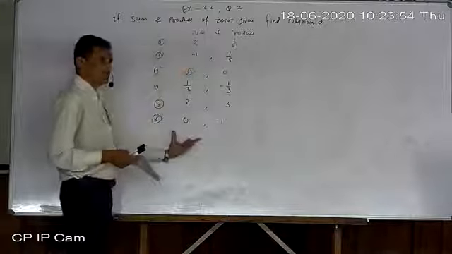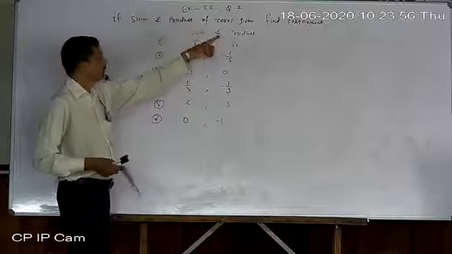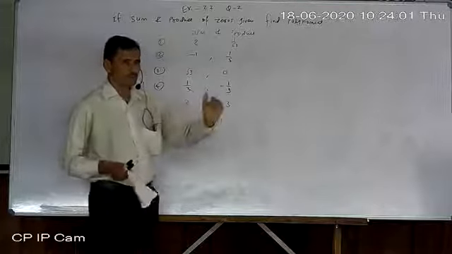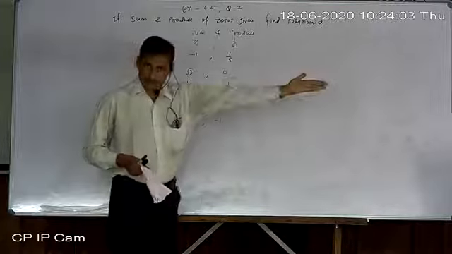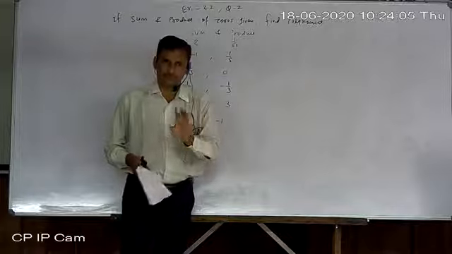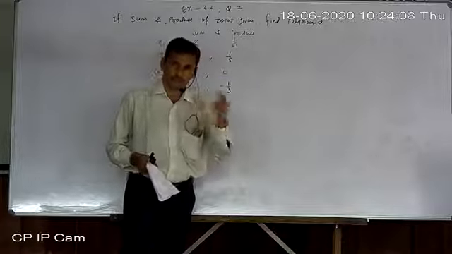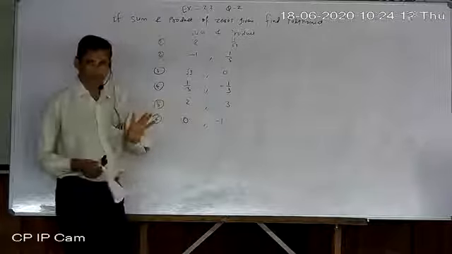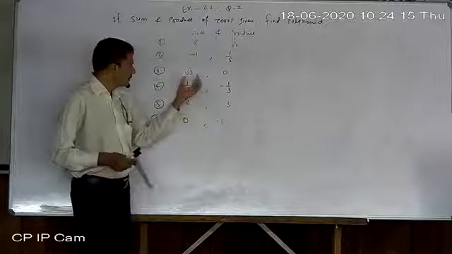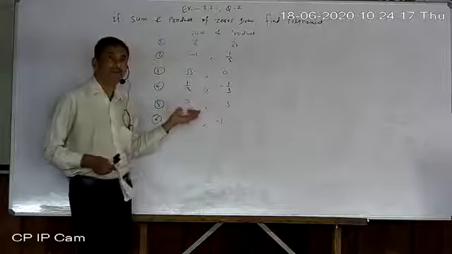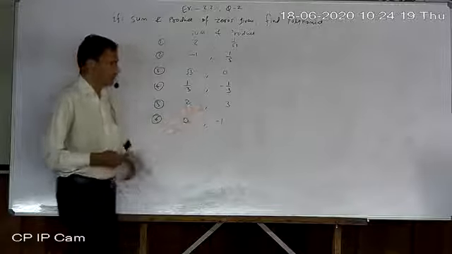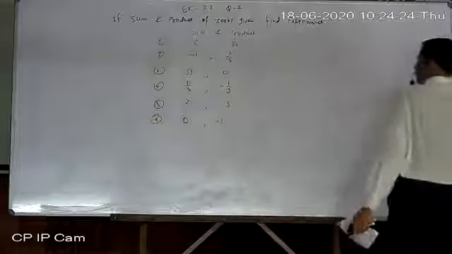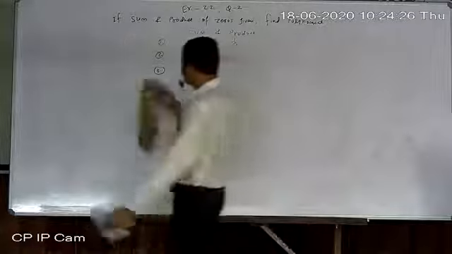Sum and product given. What to find? Polynomial. In a polynomial just write p of x, and do not write equal to something. If you write equal to 0 or equal to something, then it will become an equation. So only p of x equal to something. Don't try to solve it, and don't compare it with any numerical value. Now, that is a very simple topic. So now we end this here.